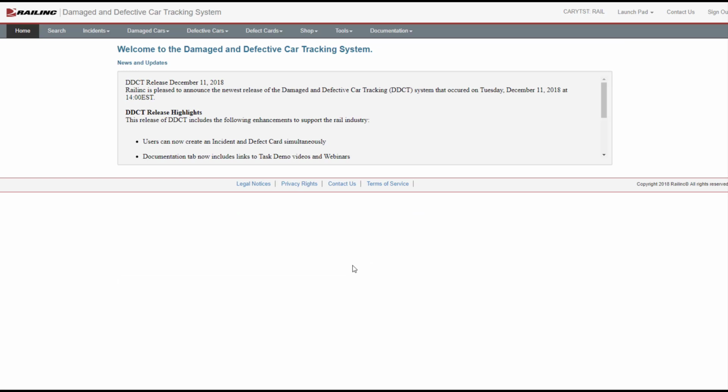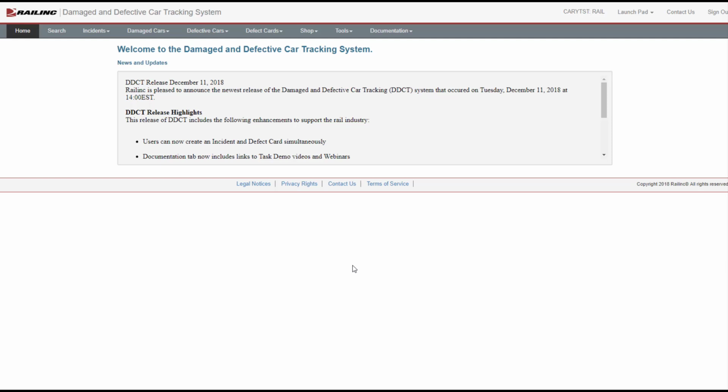When notified of the request for disposition for a defective car, a car mark owner can provide a response in DDCT. For Rule 96 incidents, the system allows the handling carrier to provide disposition after 2 business days have passed since the request for disposition was made. Holidays are not factored in and count as business days. Only the handling carrier who created the incident has access to provide disposition after 2 days. If the car mark owner provides disposition, the handling carrier will not be allowed to provide disposition.